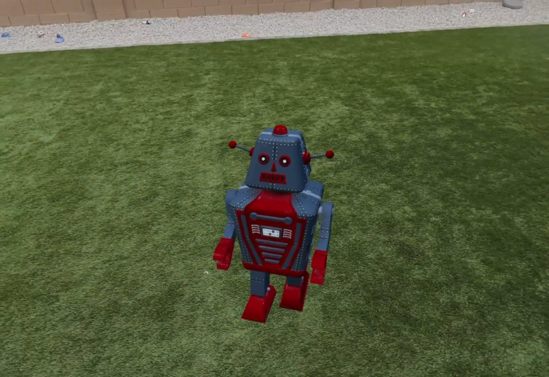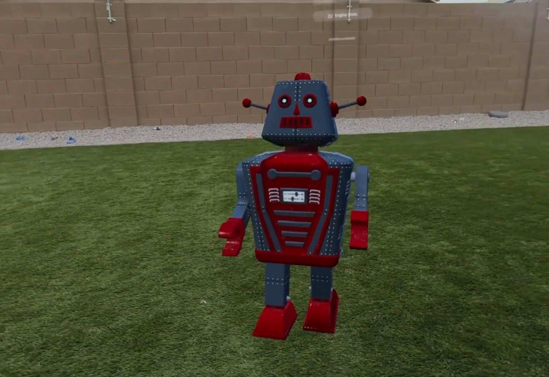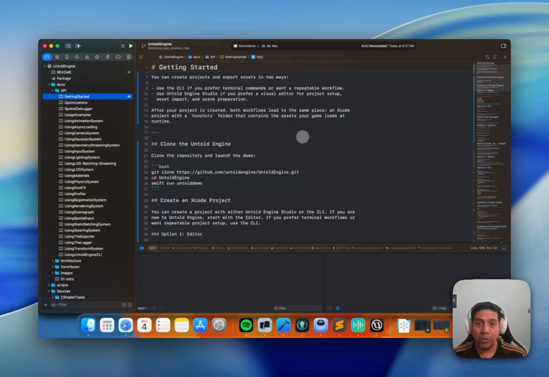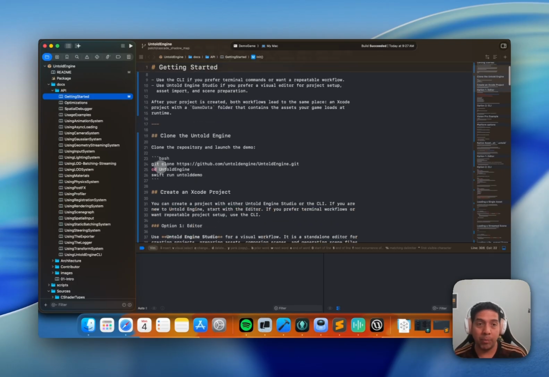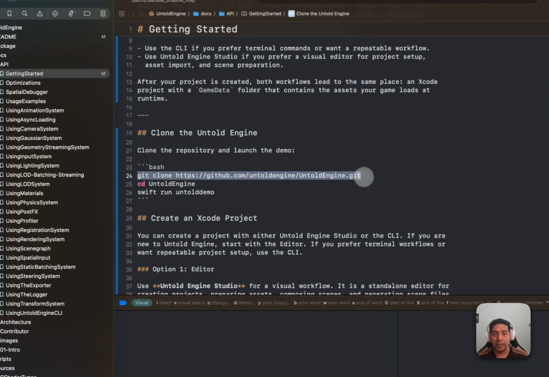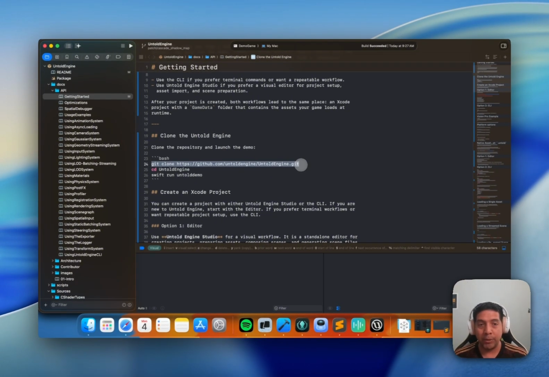So now the first thing that you need to do is obviously clone the Untold Engine. If you go to the GitHub repo and go to the README file, it will show you exactly what to do. All you have to do is execute these commands: git clone, and then provide the link to the repo. Once you have done that, you can just cd into the Untold Engine and you should be ready to go. Now, to make sure that everything works, you can run the Untold Engine demo,